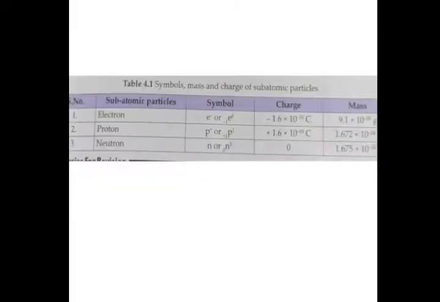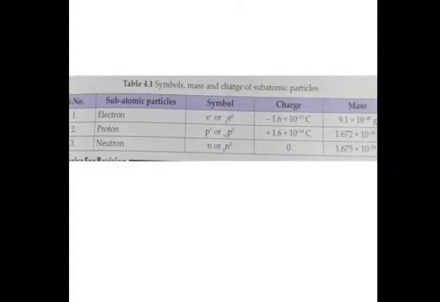Question number 2, write 2 properties each of electrons, protons and neutrons. Second answer, so this table is given in your book, that is 4.1, that is page number 47. You have to write 2 properties each of electrons, protons and neutrons. You can write any of them, symbol, charge or mass. Any 2 of them you can mention. That is, the symbol of electron is e, but basically it is better you write the charge and mass. That is, charge of electron is 1.6 into 10 to the power of,